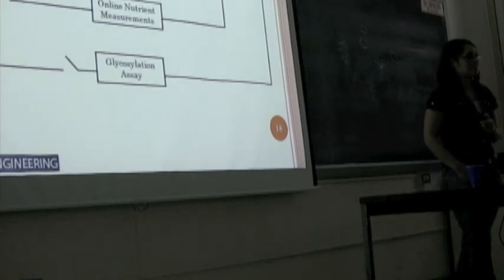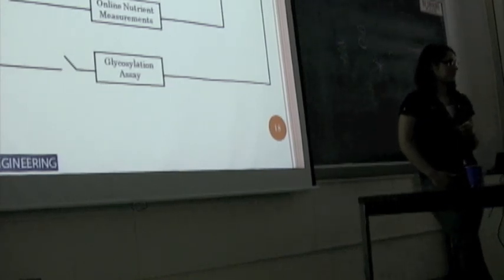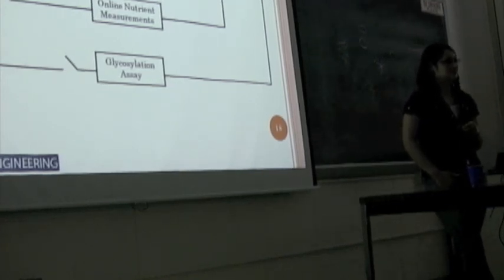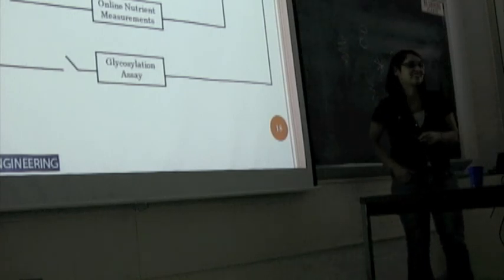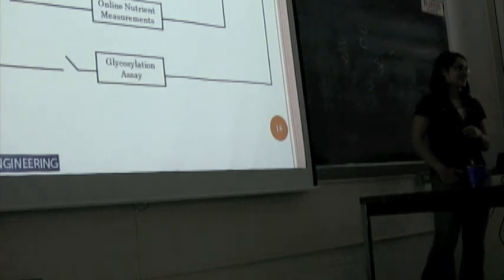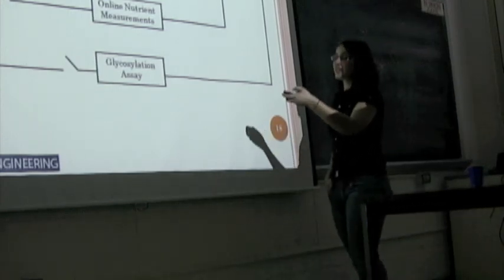She's trying to set up cruise control for this process. Yes, that's exactly what I'm trying to do. She's trying to get it to measure something, say, oh, too much, back off. Oh, not enough, add it on. But apparently your problem is, whereas your car can measure your speed, we don't have a way to measure glycosylation. Right. So what we're going to do is we are going to implement